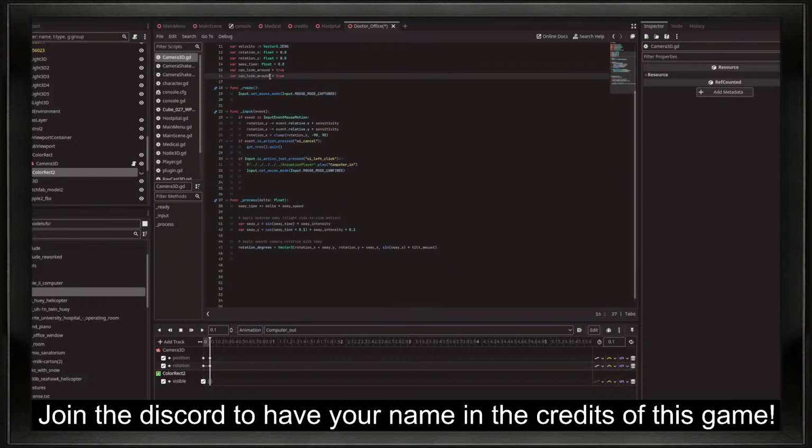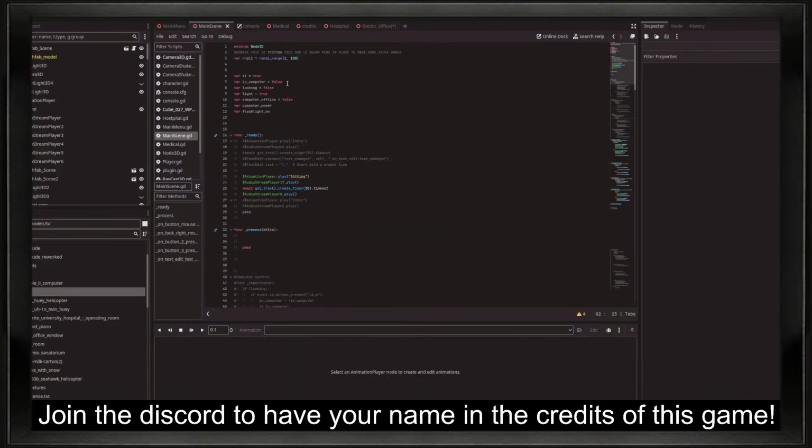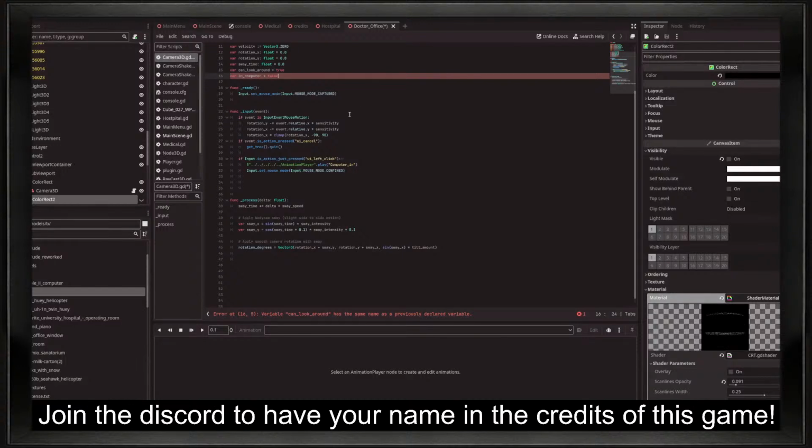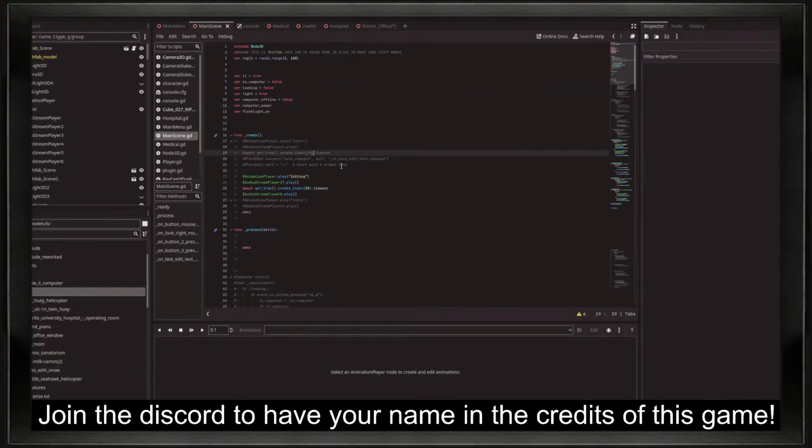Var in_computer. So we're going to take this variable, I'm going to run down this very quick. We set it to false, in_computer equals false, and then from this, using our main scene,